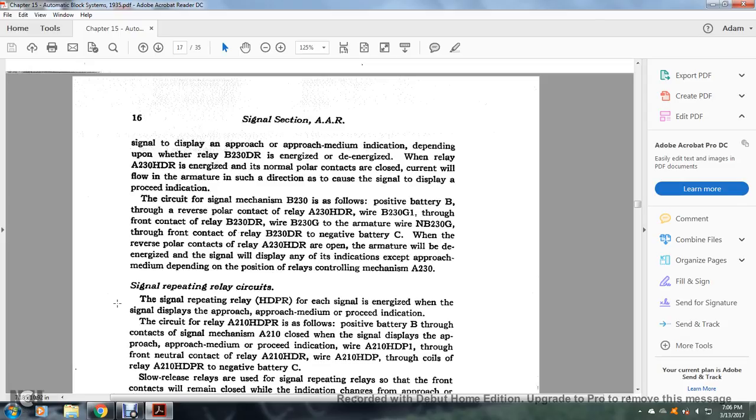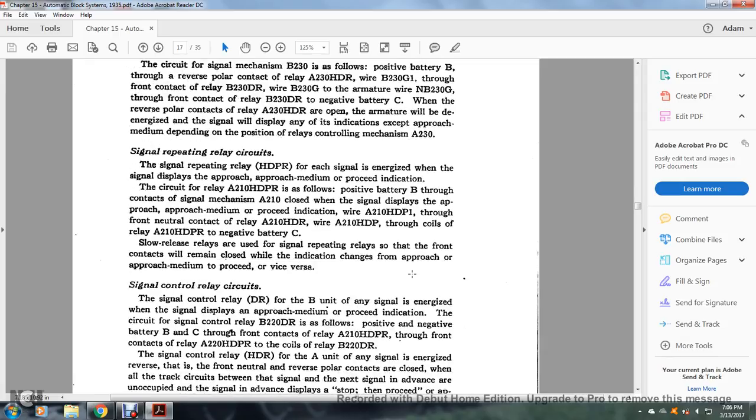With the reverse polar contact of relay A230HDR open, the armature will be de-energized and the signal will display any of the indications except the approach, depending on the position of the relay controlling mechanism A230. Now the signal repeating relay circuit. The signal repeating relay is